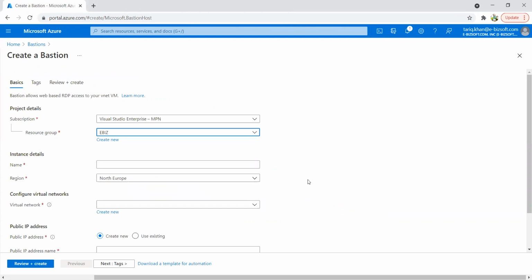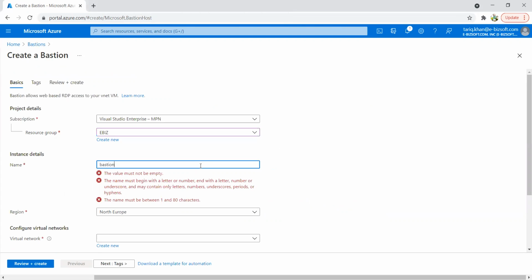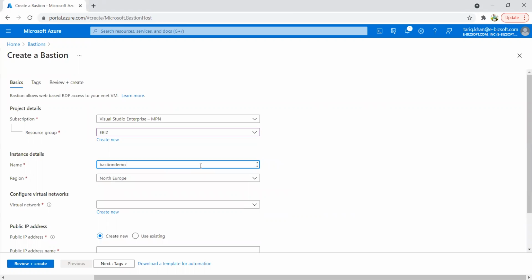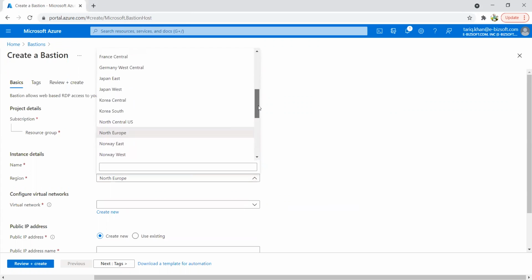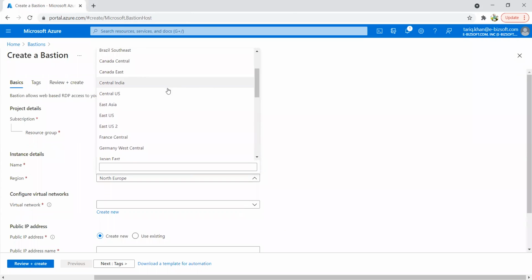I select my required resource group and provide the name for this Azure Bastion: Bastion demo testing. And then I'll select the region, which will be US Central.